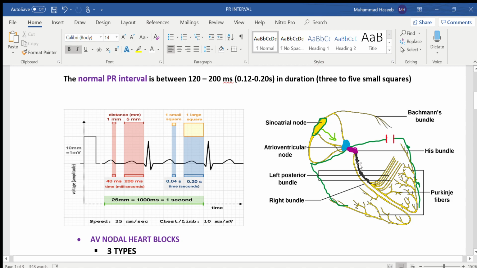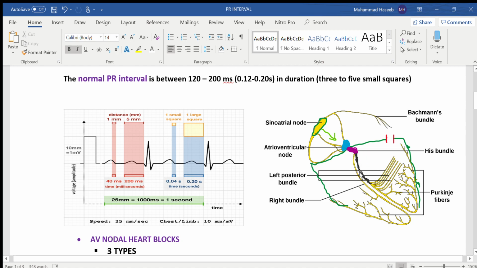But after a few seconds, or sometimes after a minute, the new pacemaker begins to generate an impulse, the ventricles begin to contract, and output will be there, and the brain will receive the blood, and the patient becomes conscious again. This whole process is known as Stokes-Adams syndrome, and because the ventricles are not under the effect of the SA node, it is also known as a ventricular escape.